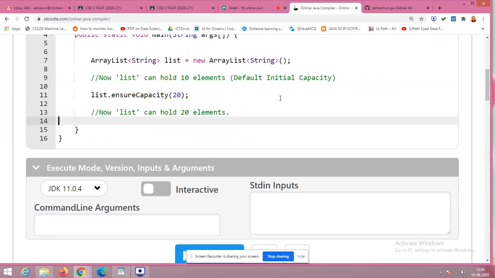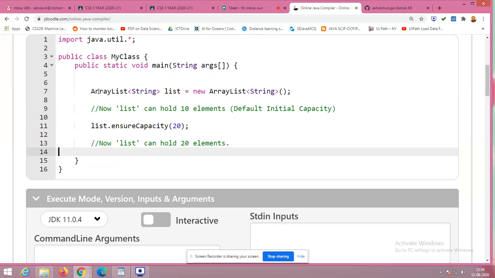Okay. So check that. Now the list is created. We have created a list consisting of strings, and the list capacity is going to hold. See, this is one thing you have to understand. Now the list can hold 10 elements by default. The initial capacity of the array list of strings is 10 elements, but now I'm going to increase the capacity to 20.